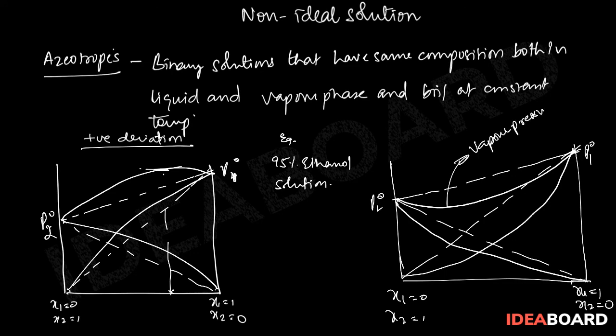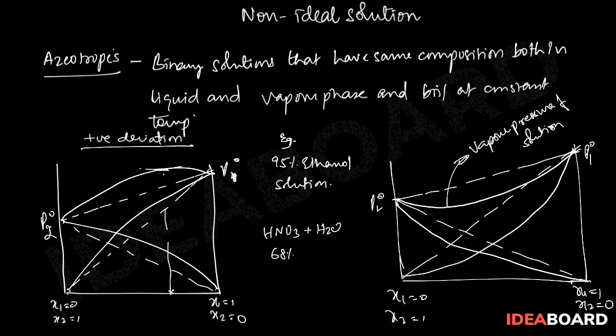An example of this type of negatively deviating solution that forms an azeotrope at a suitable concentration or composition is the mixture of HNO3 and water. So a 68% HNO3 solution,